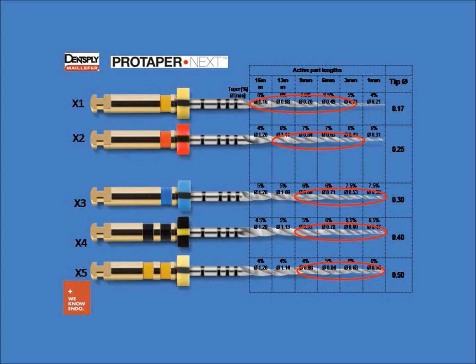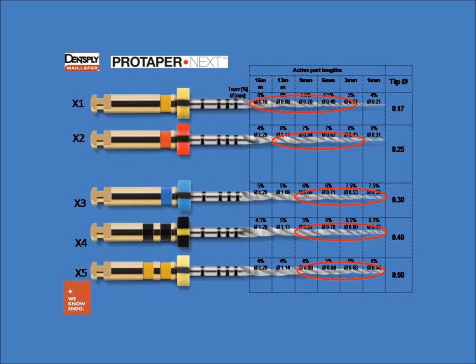ProTaper Next. This system is composed of 5 files, namely X1, X2, X3, X4, and X5. These files correspond to size 20 taper .04, 25 taper .06, 30 taper .07, 40 taper .06, and 50 taper .06 respectively. The X1 and X2 have a variable taper design, whereas X3 to X5 files have a fixed taper